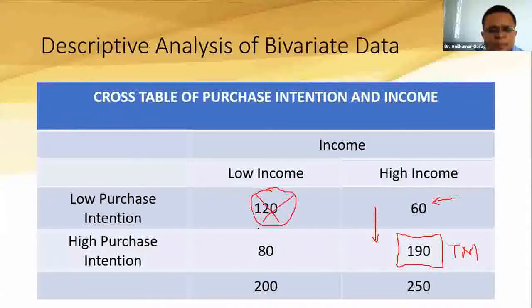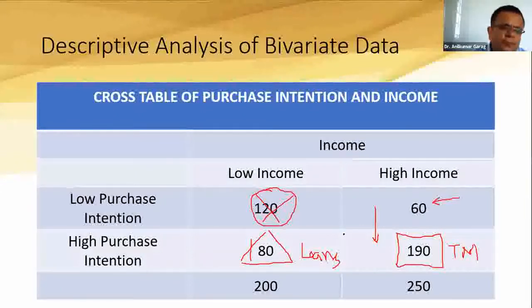Whereas this is a very dicey thing. This is another dicey thing, because there is low income and high purchase intention. If there is high purchase intention and low income, and if you are dealing with, let's say, motorbikes or something, then this is the category which you refer to the finance company and give them some loans to buy your products. So such a cross table helps us in understanding whatever data we have collected, and also helps us to